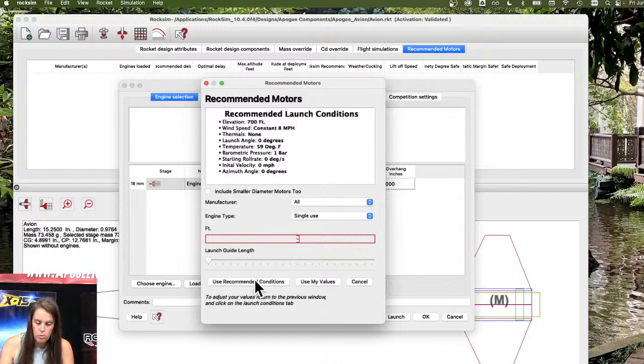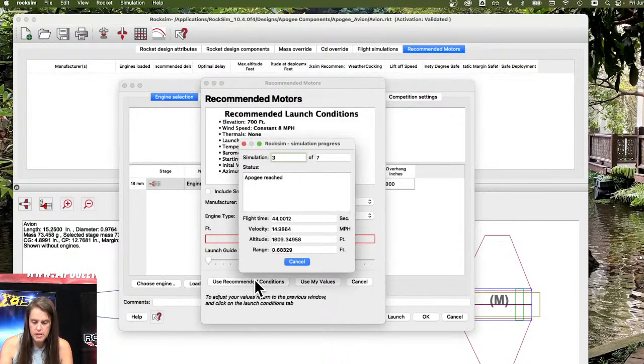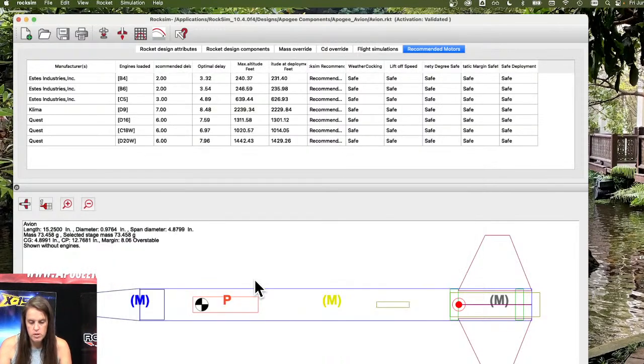But we'll just run this. So it's going to run all of our recommended motors, but it's only going to run the single use because that's what we put in there. So that's how you can do it, is to filter by that. Once you get to this screen,